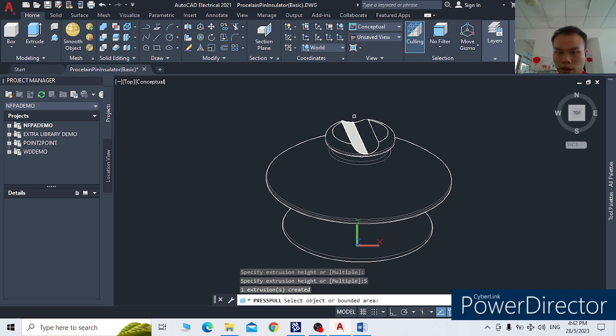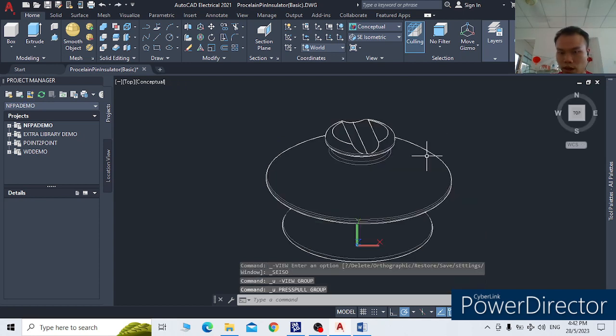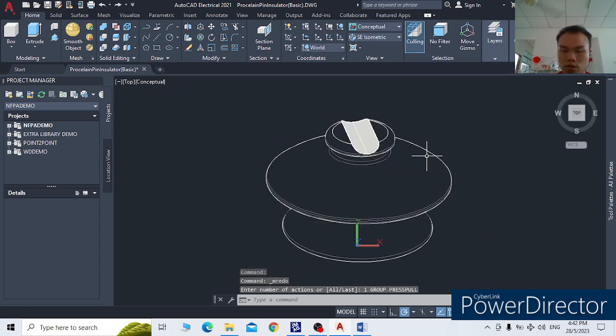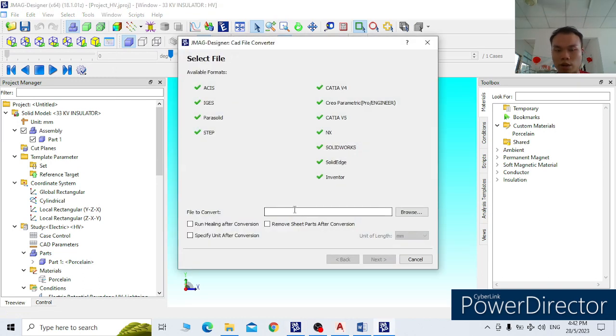So, the other surface over here, we're going to extrude the same, which is 5 cm. Okay, and we're going to use the isometric view to see the surface. Basically, we are using this one to extrude all the surfaces of the entire drawing. For the import CAD file, we are going to use this one, and we're going to import a